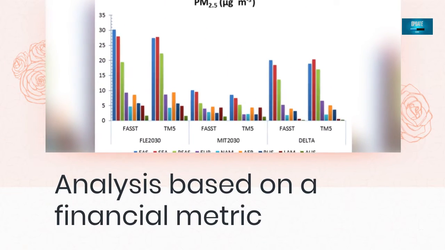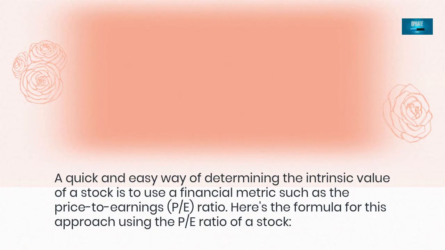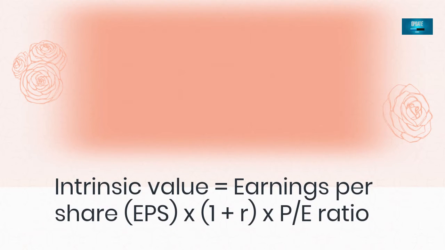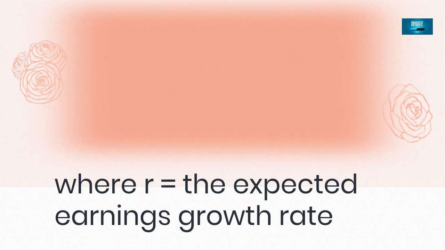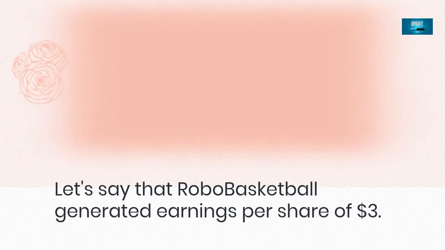Analysis based on a financial metric. A quick and easy way of determining the intrinsic value of a stock is to use a financial metric such as the price-to-earnings (PE) ratio. Here's the formula for this approach using the PE ratio of a stock. Intrinsic value equals earnings per share (EPS) x (1 plus R) x PE ratio, where R equals the expected earnings growth rate. Let's say that Robo Basketball generated earnings per share of